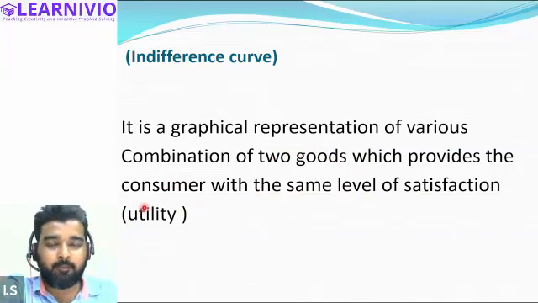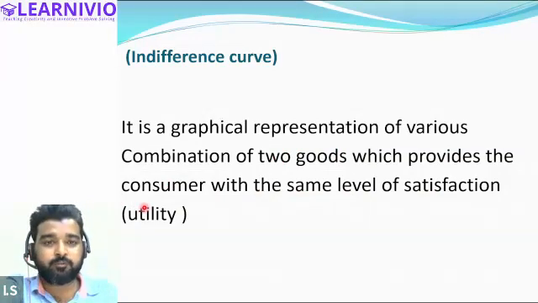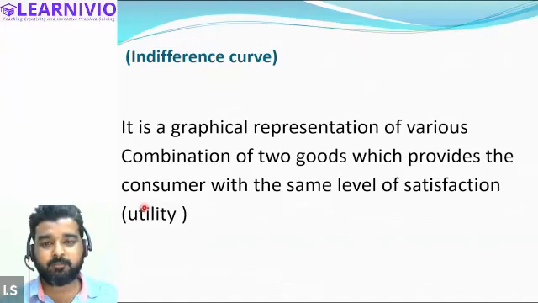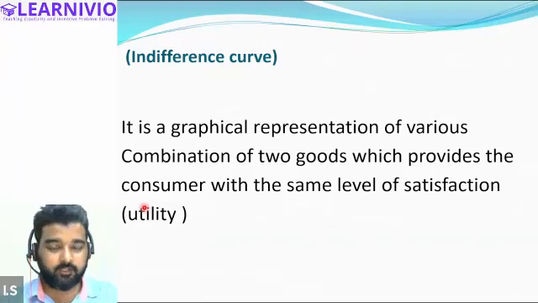But in the example, just to make you understand, I have measured the utility in terms of number, that is 100. I've assumed that suppose in combination A, he is having certain satisfaction level. Suppose he is having 100 utils of satisfaction. So this is what I have used in the example, just to make you understand. But just remember, while discussing the indifference curve approach, we never measure the satisfaction of commodity in terms of numbers. All right. Is it clear, everyone? Yes, sir.